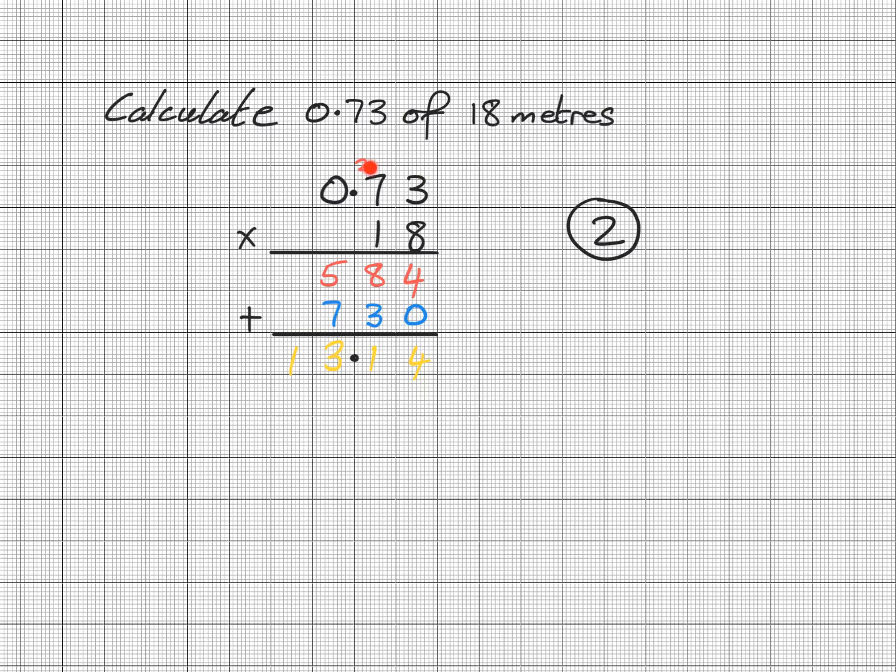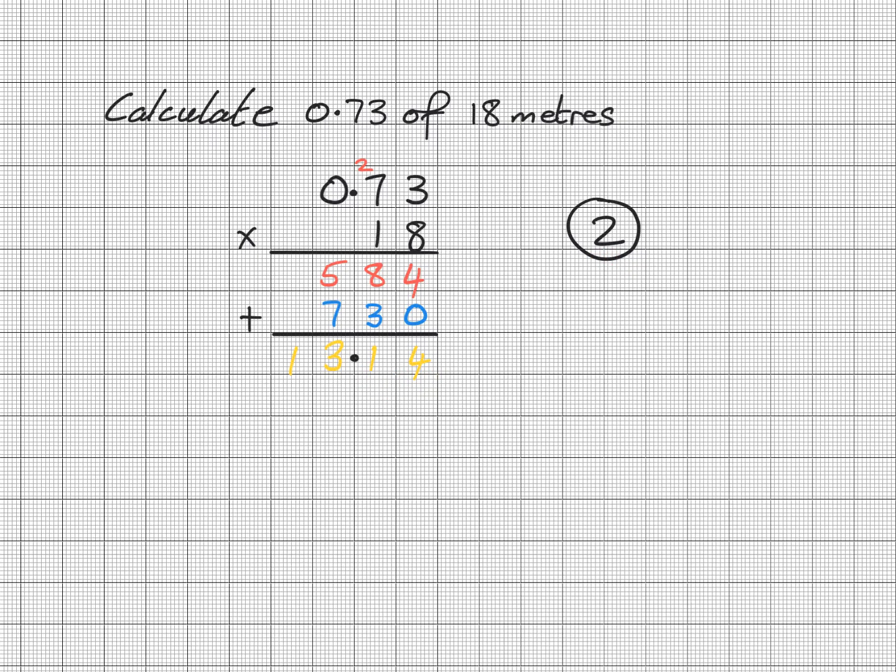Alright, well here you go. I've set my sum out. I want to calculate 0.73 of 18 meters. So here's my 0.73. The word of is the same as multiplication, so times by 18, and I've pretty much multiplied out. So that's all this working over here, and I've ended up with a number at the bottom of 1,314, and I've looked at my sum and I've seen that I've got it to two decimal places, so I've moved my decimal place from the end. I've moved it 1, 2 to the left,